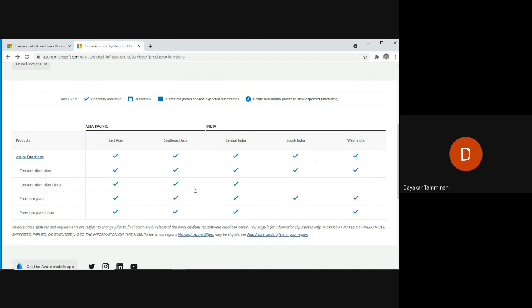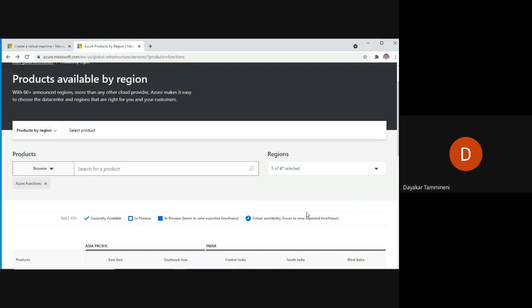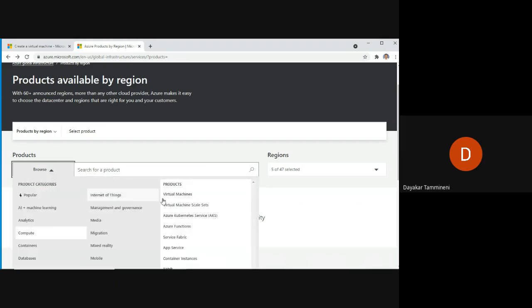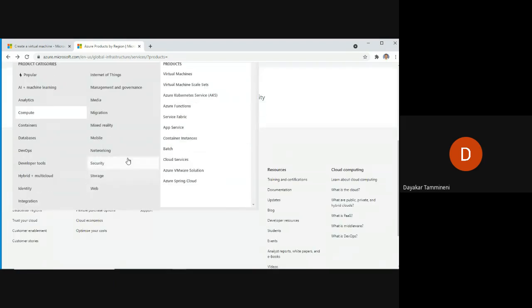Consumption plan Linux is not available in South India and West India. Okay, it is only available in Central India. And the premium plan is available in all the areas. Premium plan Linux is not available in South India. Okay, so similarly, if I select some other